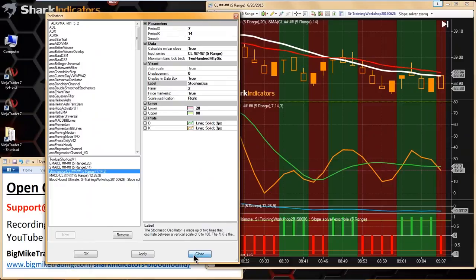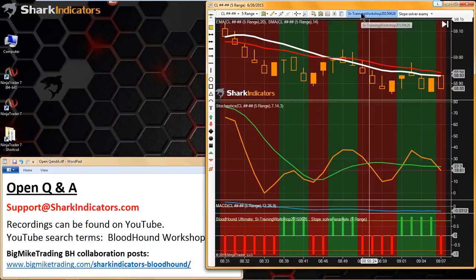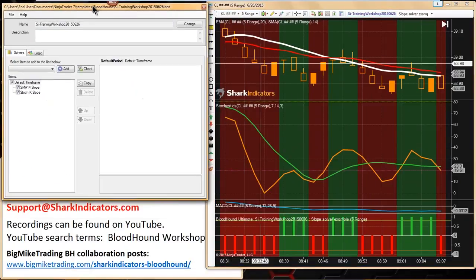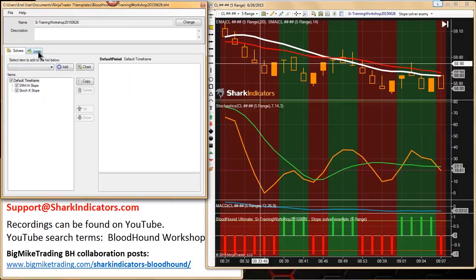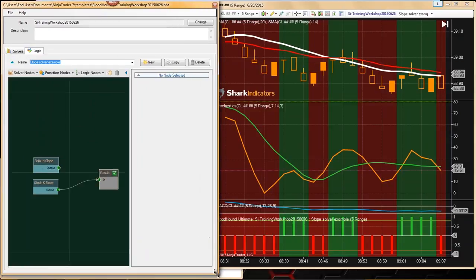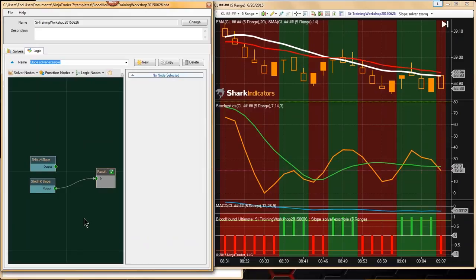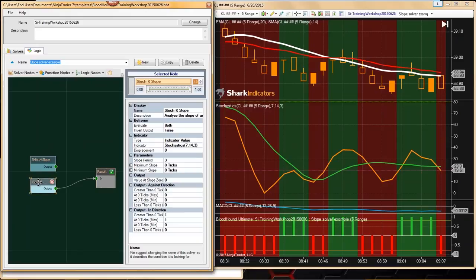Alright, well, this example is not quite working out as I had hoped, but we'll just continue on here. Maybe I can still salvage this example, but first I'm going to set up another slope solver